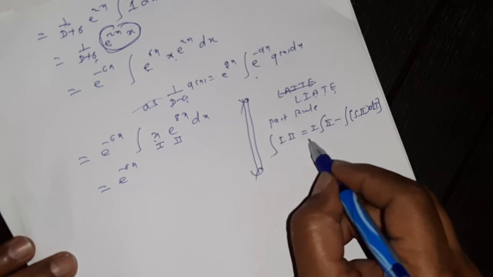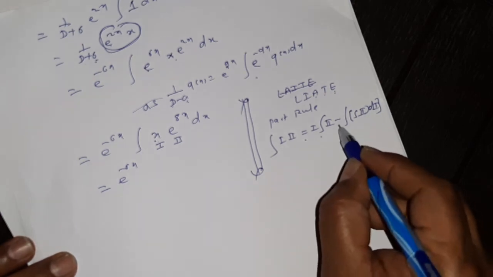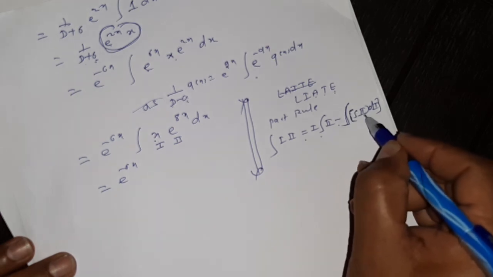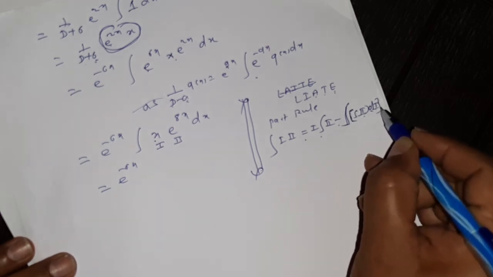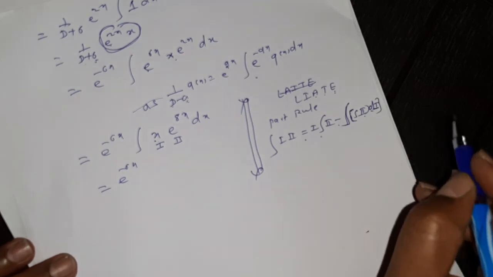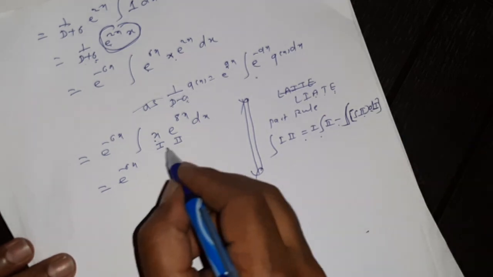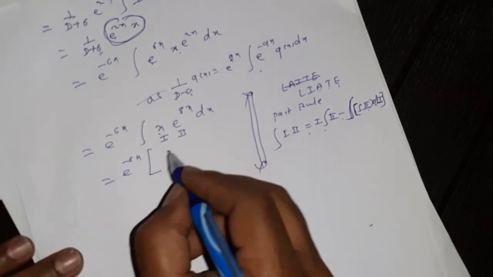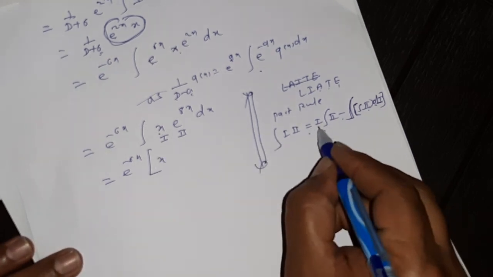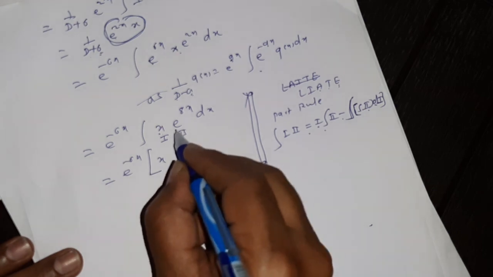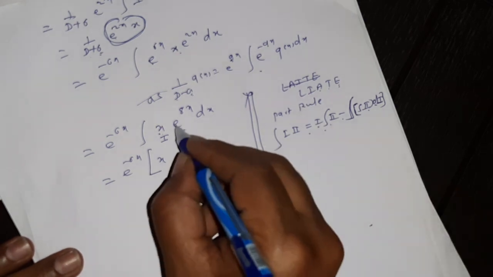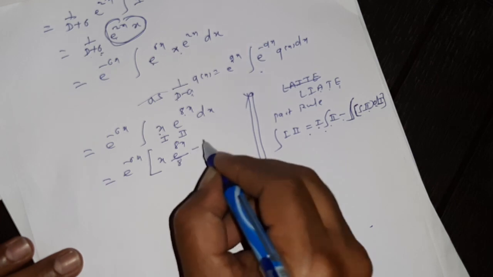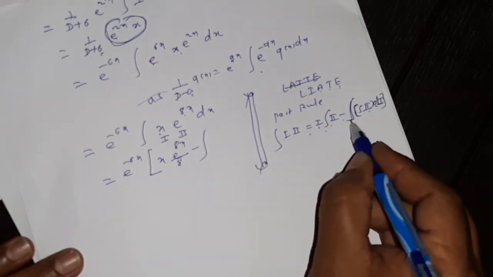Integration of first into second is first integration of second minus integration, in bracket, integration of second, derivative of first. So in bracket here we have the integration, first x, integration of second e raised to 8x, integration is e raised to 8x by 8, minus integration,